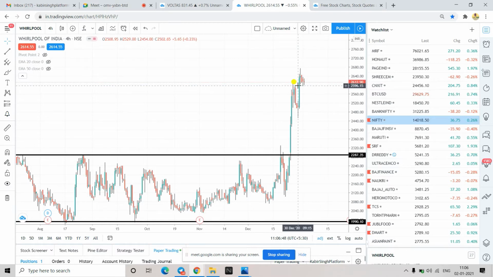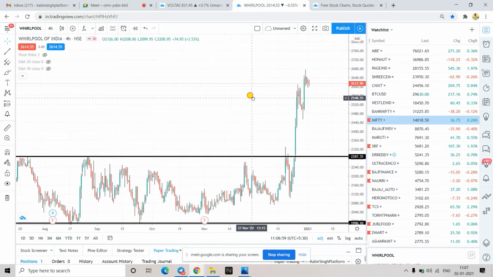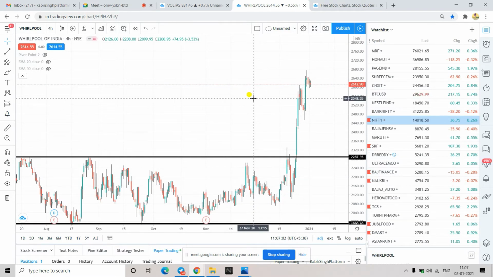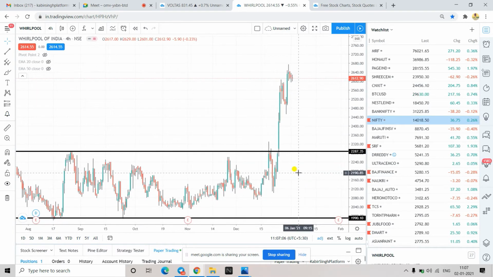Once you start seeing good sell candles, that means people are starting to sell. They are thinking that it cannot go further up. That's how you can understand. The size of the candles tells you all these things. So what should we do after a breakout? Suppose it has given a breakout today. Should we get into that or should we wait?